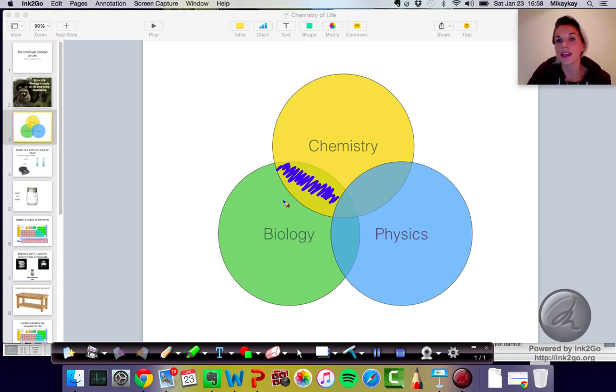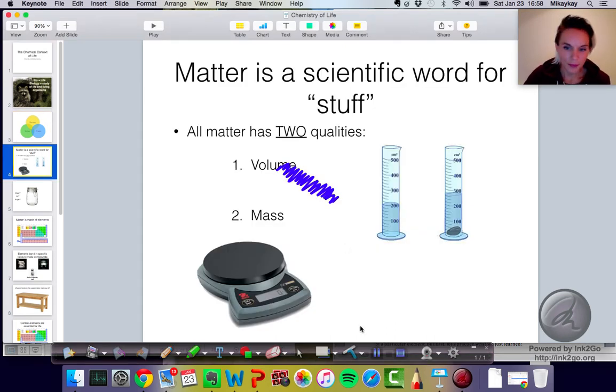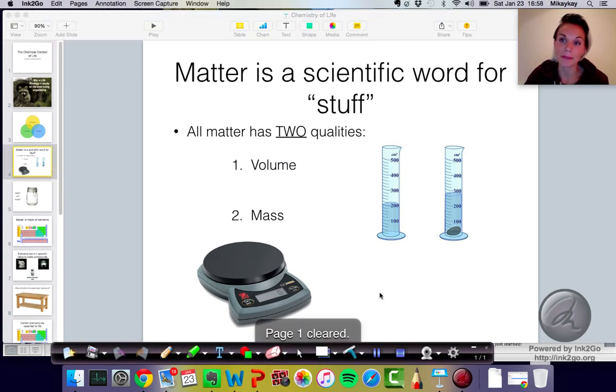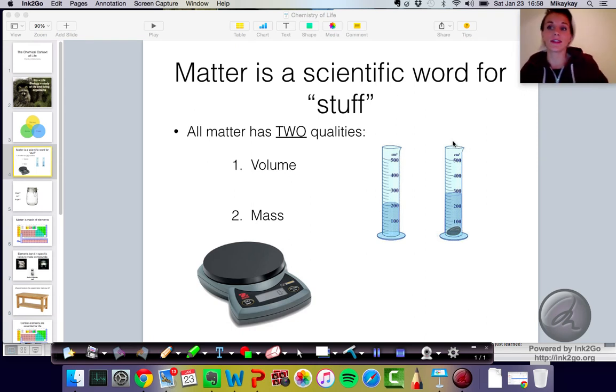So to start talking about chemistry and the biology where they meet, we gotta first make sure we got the language right. So there's a special kind of term that we like to use in chemistry, and you've probably already learned this in your chemistry classes with Ms. Bueno. But in chemistry and in science in general, we like to talk about matter. And in reality, matter is just another word, fancy, special, whatever you want to call it, scientific. It's a word for stuff, right?